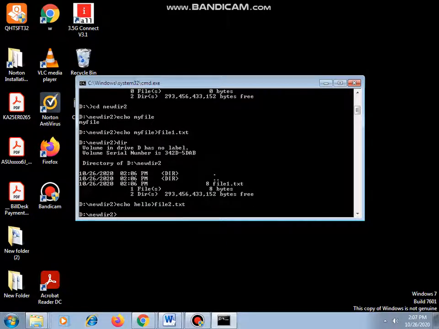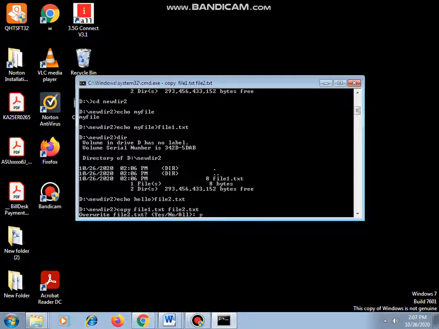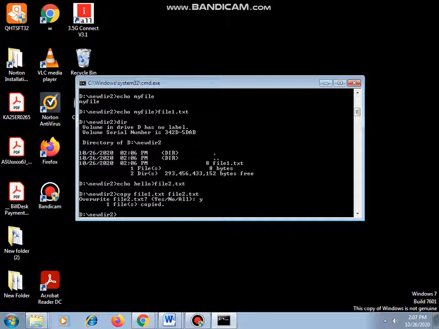If I want to copy the files, you can make use of the copy command, copy file1.txt. What happens is the file1 contents will be copied to the file2 file. If you want to overwrite this, yes, one file copy.